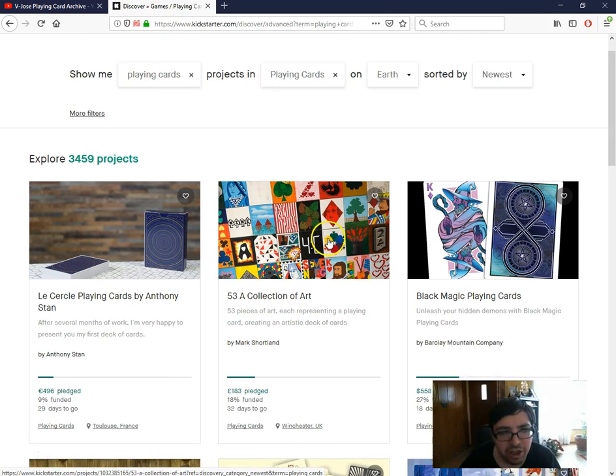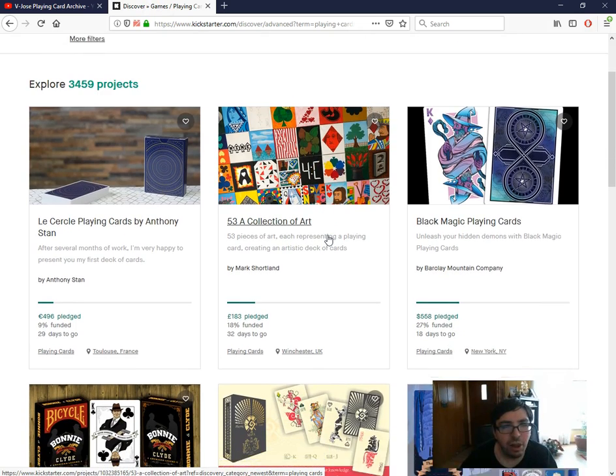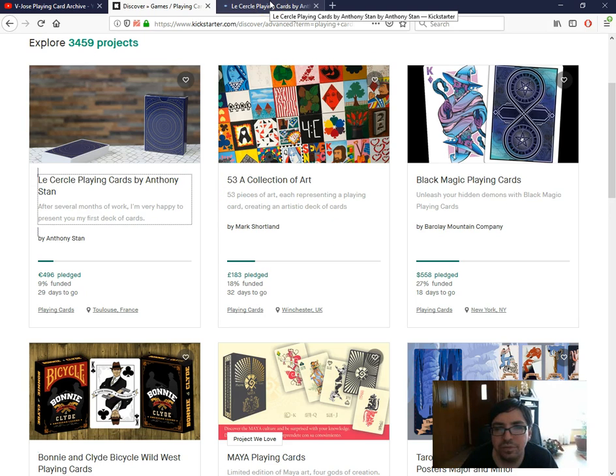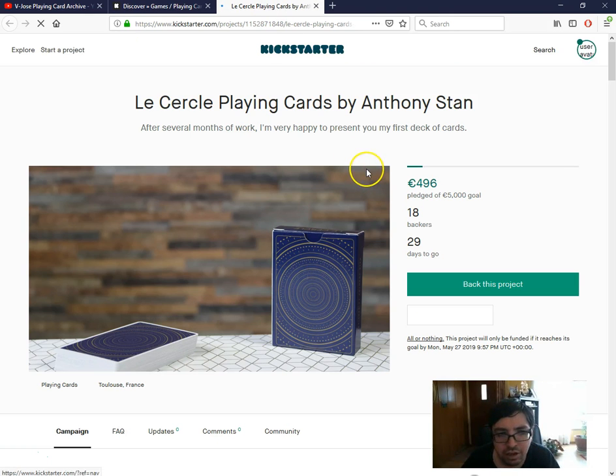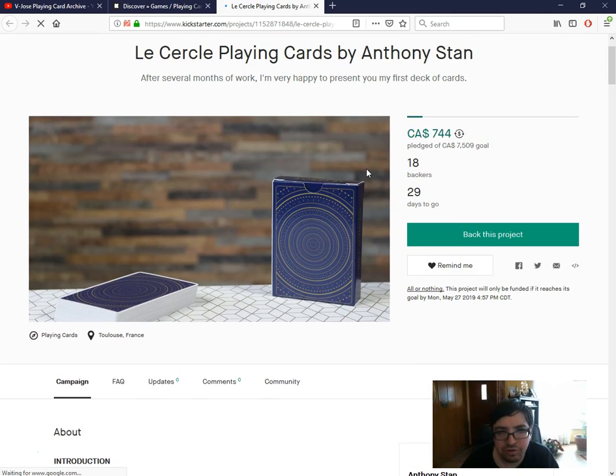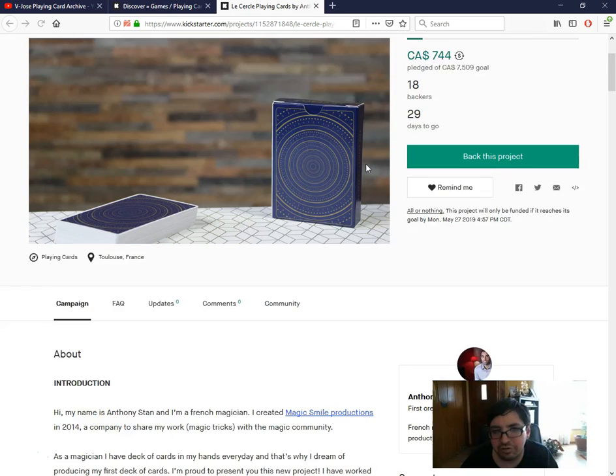I don't know what I'm saying. Okay, let's see. First we got Le Cercle playing cards by Anthony Stan, which is French for circle. Go figure. It's very simple. It's just circles, but